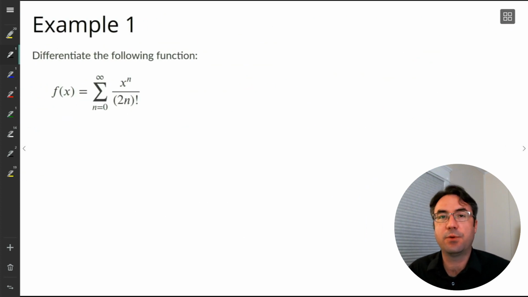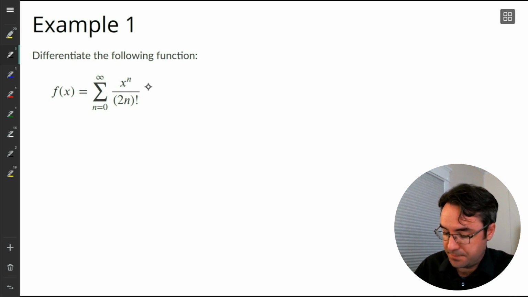So let's look at example 1. We're given a power series here. We have a function defined as a power series. So f of x is equal to the sum from n equals 0 to infinity of x to the power n over 2n factorial. And to see how this differentiation process works for an actual example, let's write out the